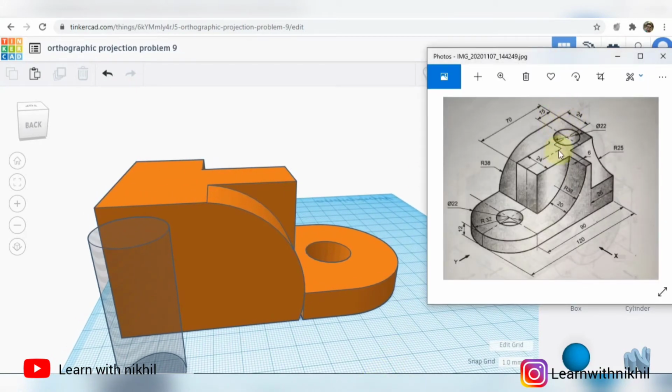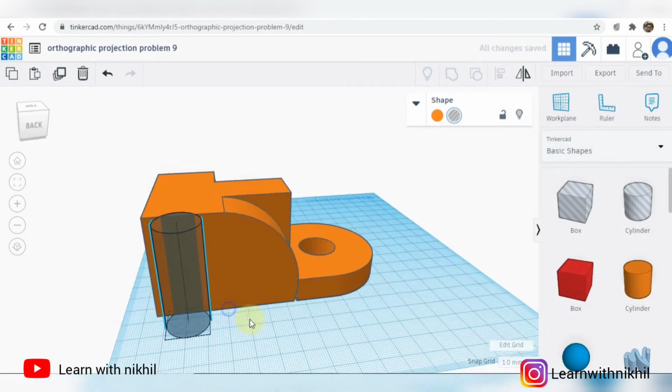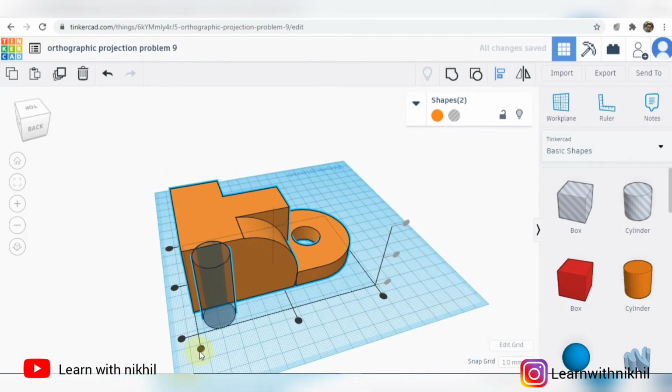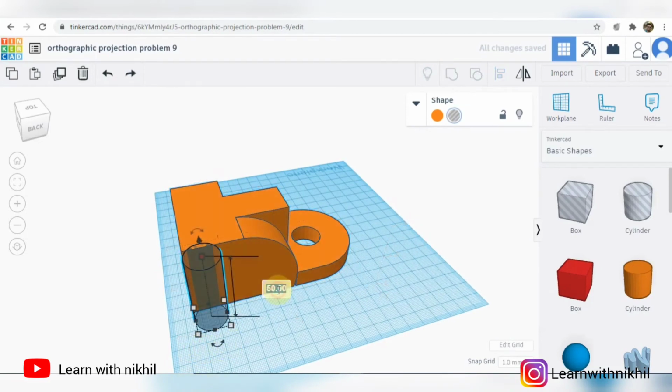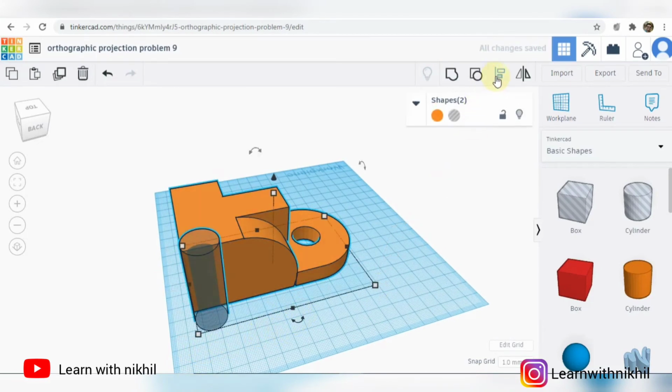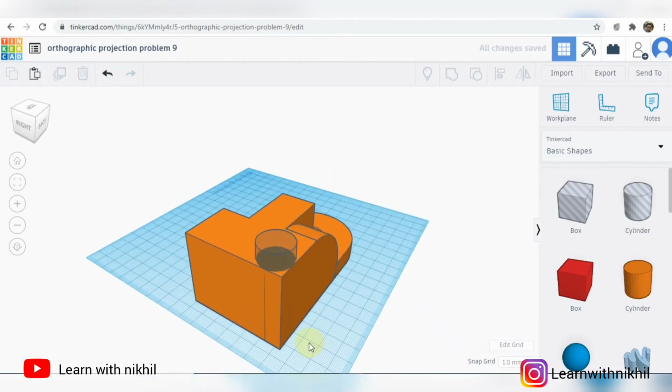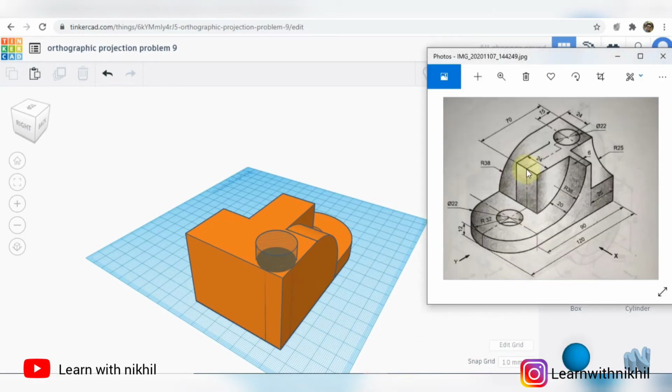Now this distance is 15 and this is 24. So selecting, I am aligning it to the end. I'll just increase the height of this cylinder just to locate it properly. So we can see it right from the top.